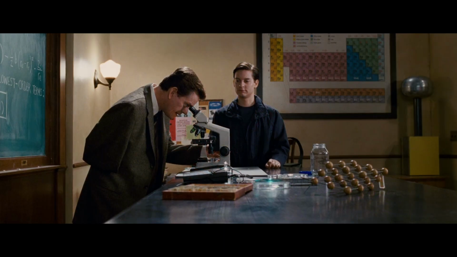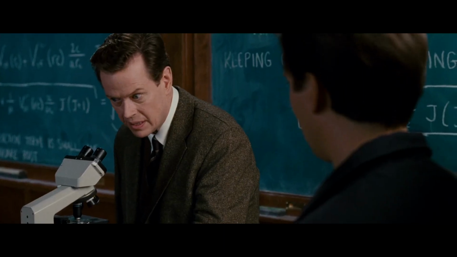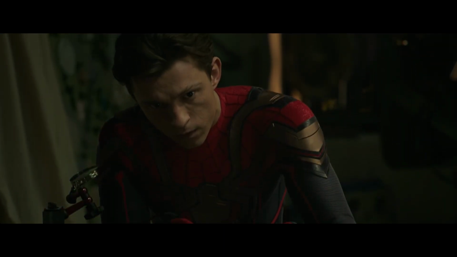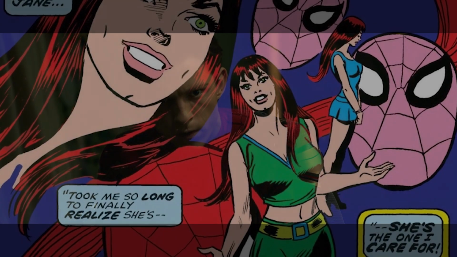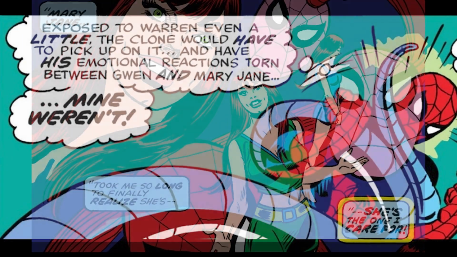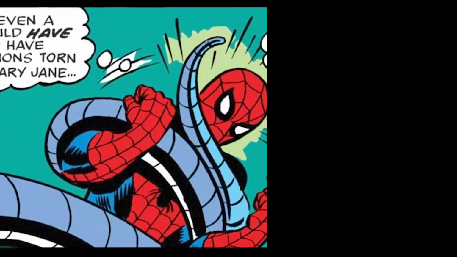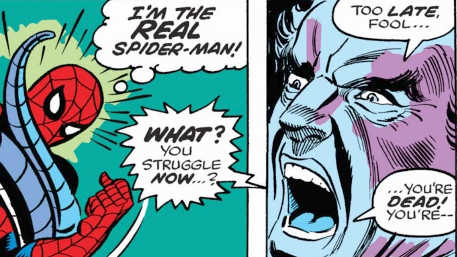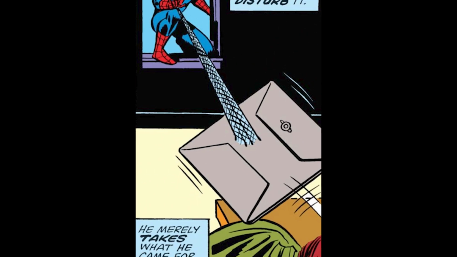He goes to Kurt Connor's lab to run tests to determine if he is or isn't, but while waiting for the results, is attacked by Alistair Smythe, and comes to the realization that because he has such strong feelings for Mary Jane, and isn't torn between her and Gwen like he was previously, that he has to be the real Peter Parker. The arc ends with him grabbing the research with no intention of reading it.